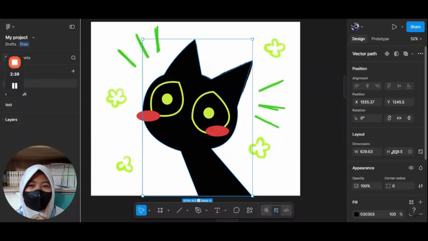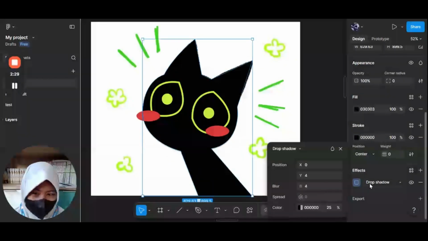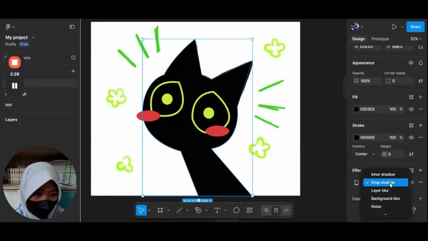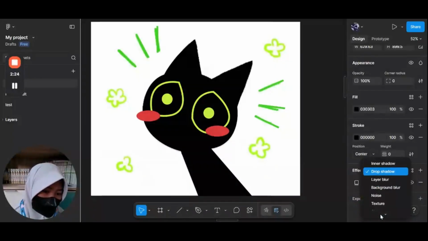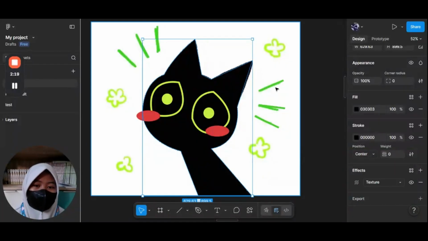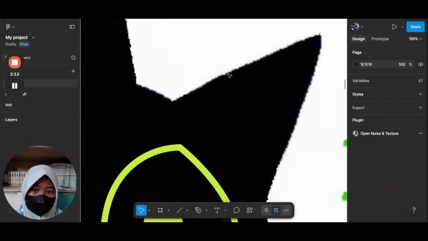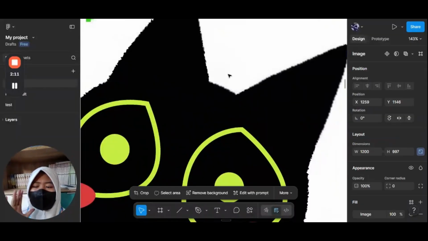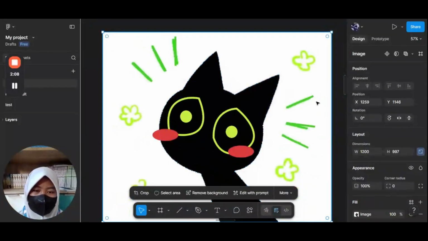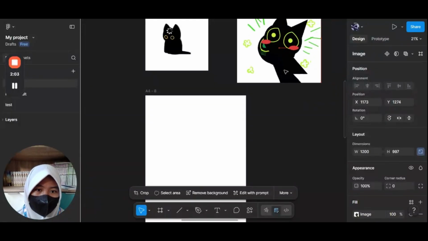I have seen that under stroke there is an effect. What is the function of effect? Let's see. There is drop shadow, layer blur, and noise. I want to try the texture. Oh, it's like for mine. Something like that effect. You can just try any one. And I want to